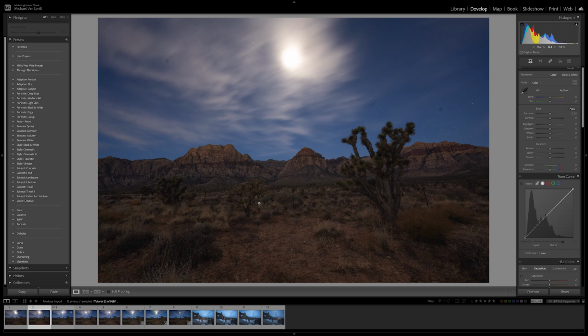My name is Mike Versbro, and for today's video I'm going to be talking about accent lighting for your nightscape photography. Now for the first example that we have here, this was taken at Red Rock Canyon. I actually went there to photograph a sunrise, and it was just a happy accident that the moon was right over the mountain ridge that I was planning on photographing, so I jumped out and started taking pictures of this